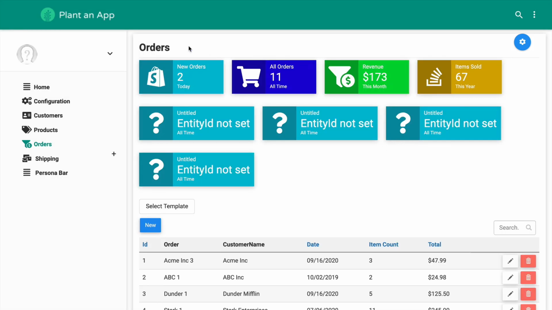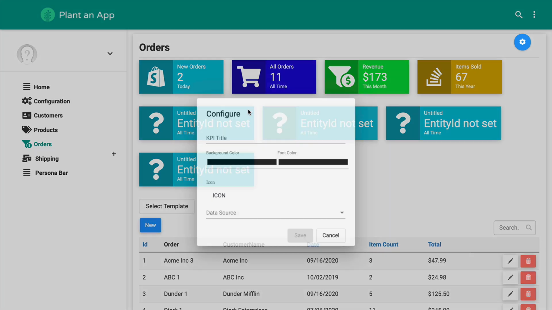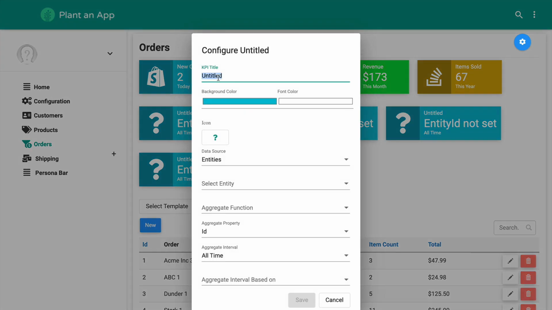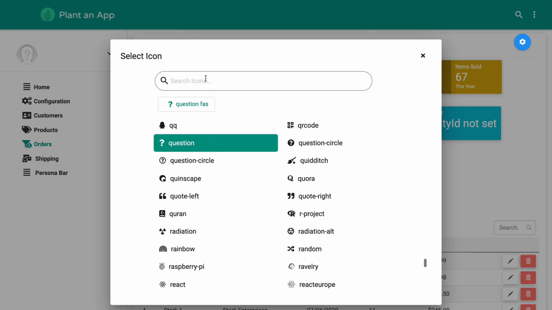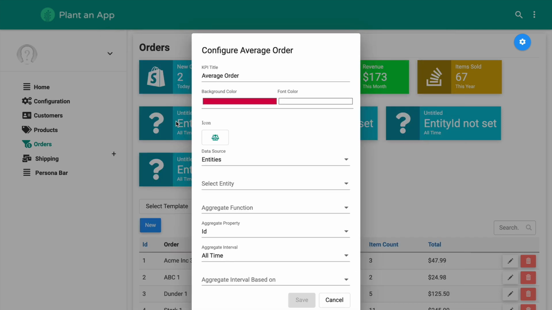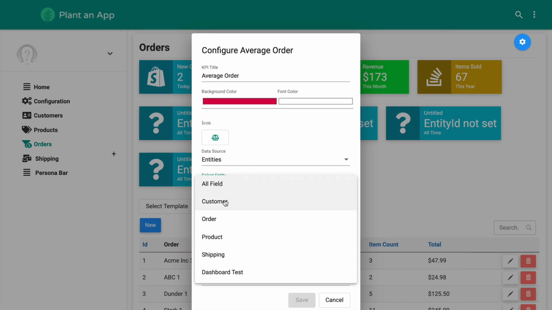So once I select this, you can see that I have the original 4 tiles that were created, and because they were ID'd 1 through 4, and this new template we've selected has IDs 1 through 4, they're still present on the screen. I'll simply go through and configure the new tiles in the same manner that I did the others. And so we can do things now like average order size,